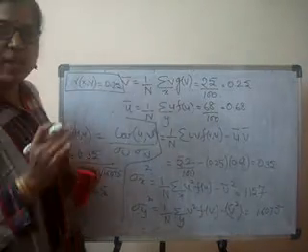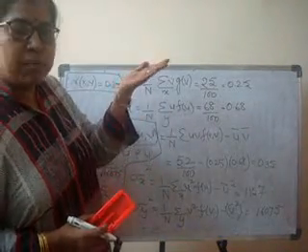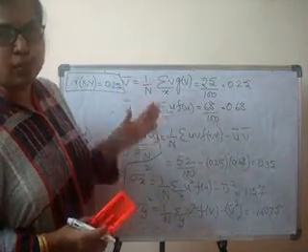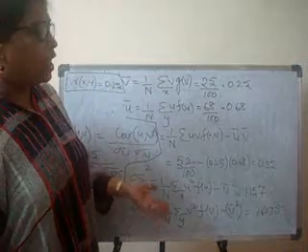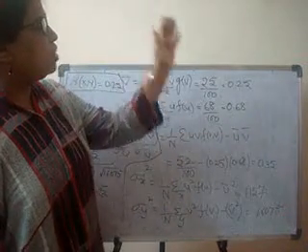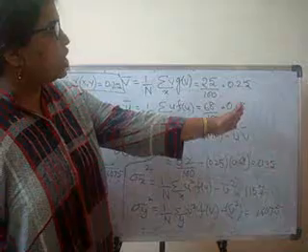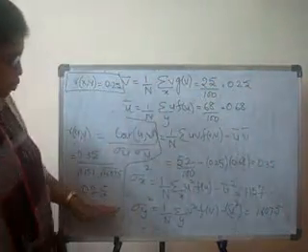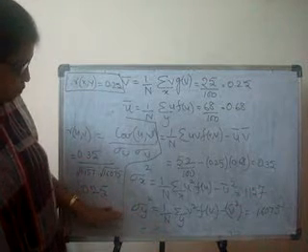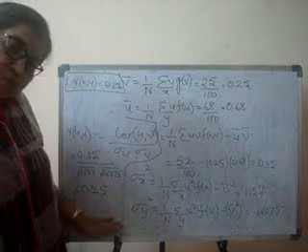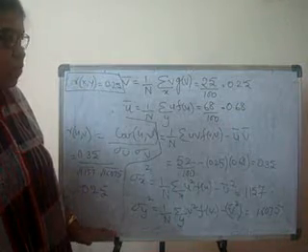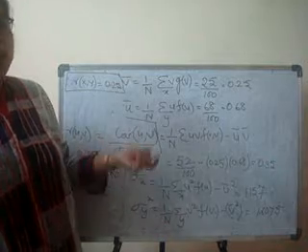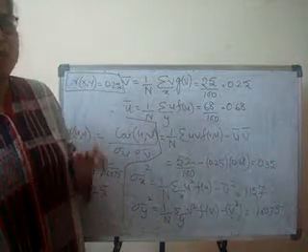So if the data is very large, and we are asked to solve the correlation, we will depend on the 2 by 2 table. We draw a 2 by 2 table, and then we will make the columns g of v, v into g of v, v square into g of v, and then here also f of u, u into f of u, u square into f of u, the columns and row wise. Step by step if you do, there would be no confusion.